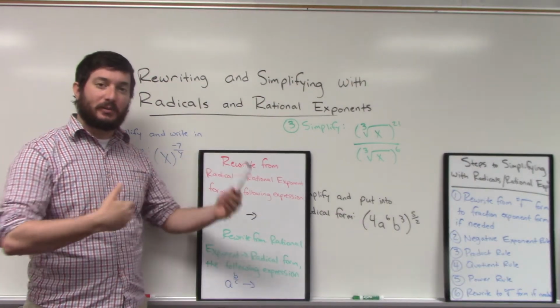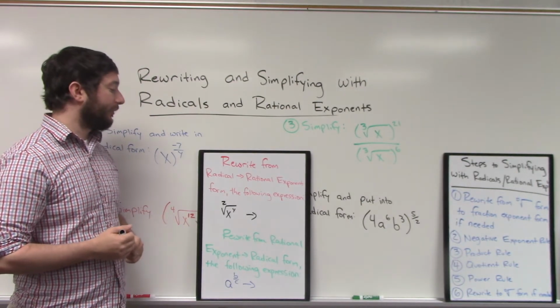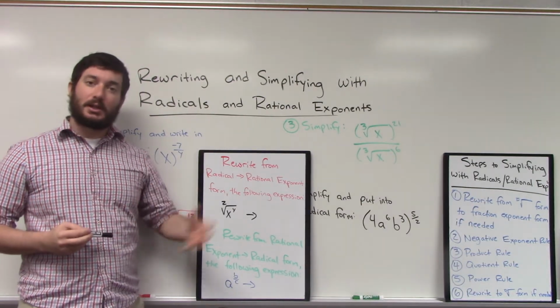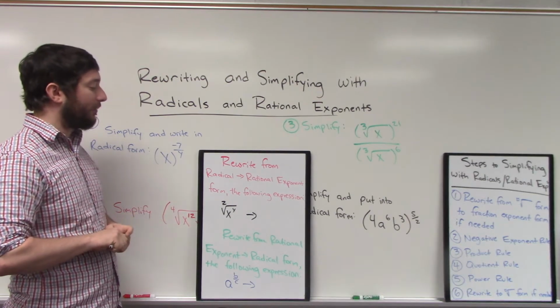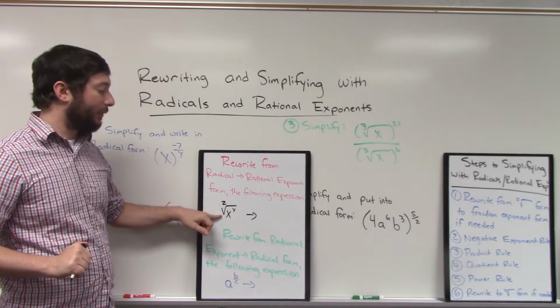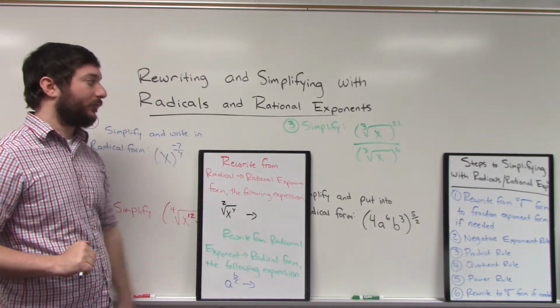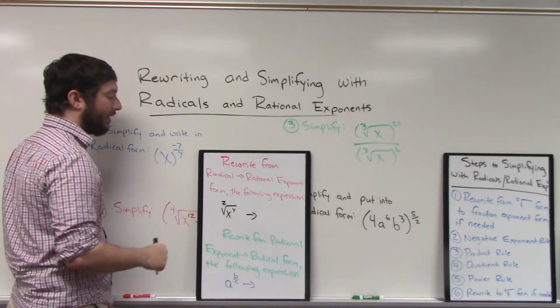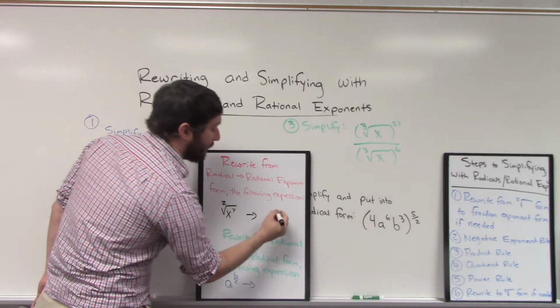As long as you're able to move back and forth between those forms, knowing your rule for that, as well as the exponent rules, you should be able to tackle all the problems that we're going to talk about after this. So a brief recap would be that if we're looking at a radical expression and we want to change that to rational exponent or fraction exponent form, our rule is always the same. We take our root, it's like a tree root, and it's going to go on the bottom